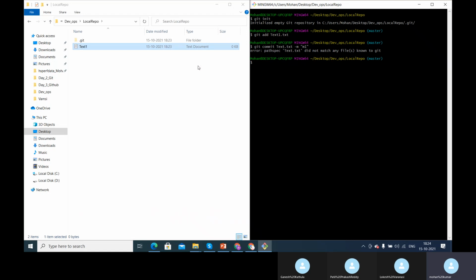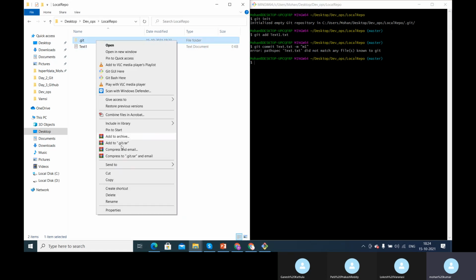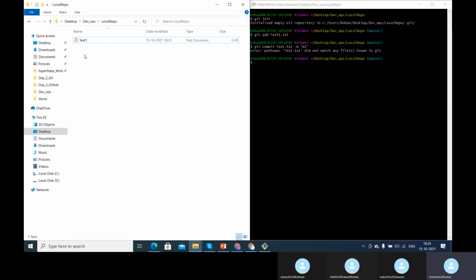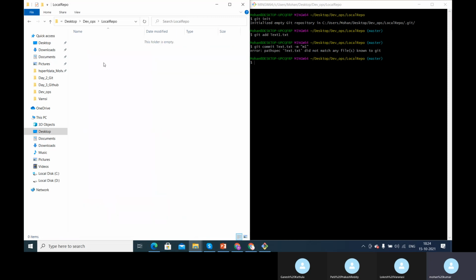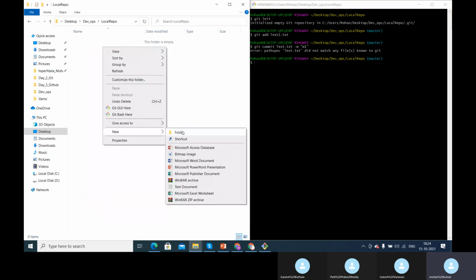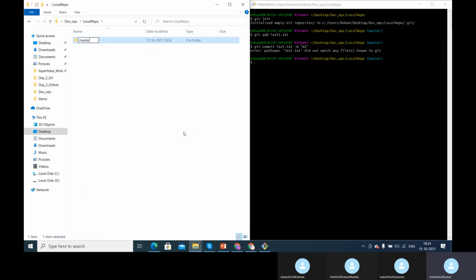Okay, so now we created a master branch and we committed the text file to this master branch. Now we committed the code to the local repository. Now we have to move this code from the local repository to the shared repository, right? So that is what we have to do. Or instead, let's do it this way. I'm deleting these things, and let me delete this as well. Let me create a new repository. Let me create a folder of master, because that would be much better.